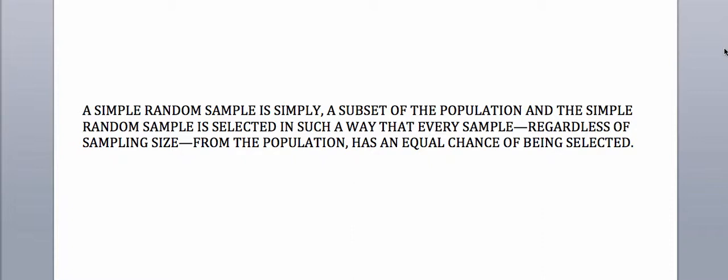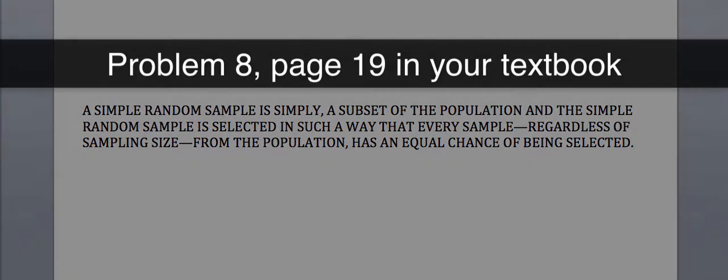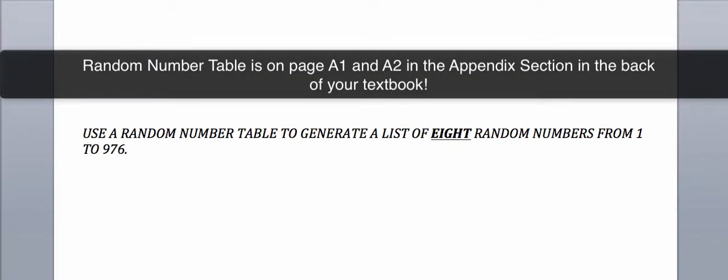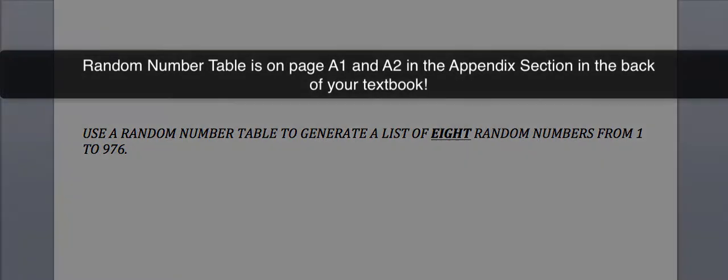Let's look at problem 8 on page 19 of your book. It says, use a random number table to generate a list of 8 random numbers from 1 to 976. Table 1 in your appendix on page A1 and A2 in the back of your textbook has the following: